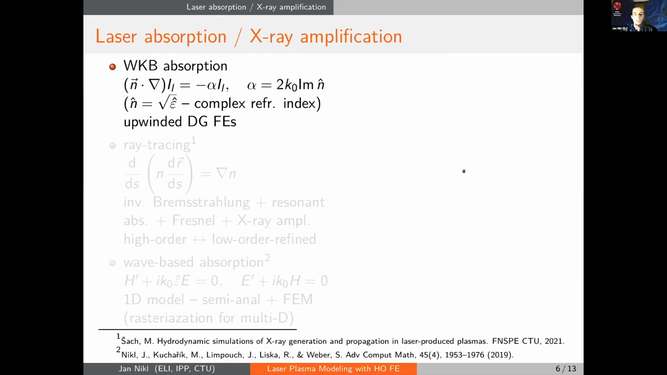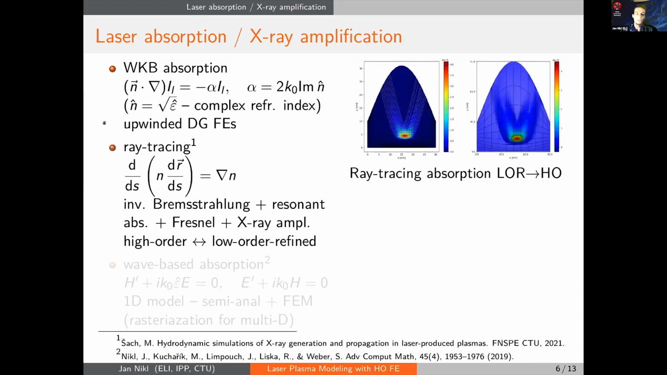And then we need a laser. So the simplest thing one might think about is just attenuation of the laser in a single direction, which is known as the WKB approximation. And for that, we use upwinded DG finite elements. A somewhat more sophisticated model is then ray tracing, developed by my student,